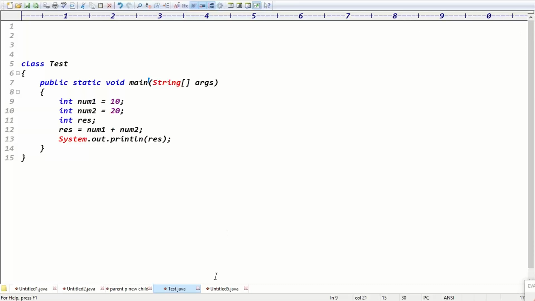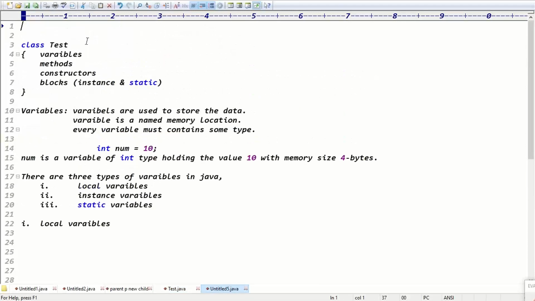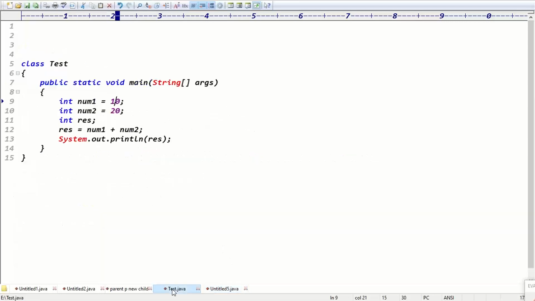Not only inside the method, but inside the constructor and inside the blocks also, those are local variables. That's the declaration part, guys. The variables declared inside a method, constructor or block are called local variables. That's the first point.